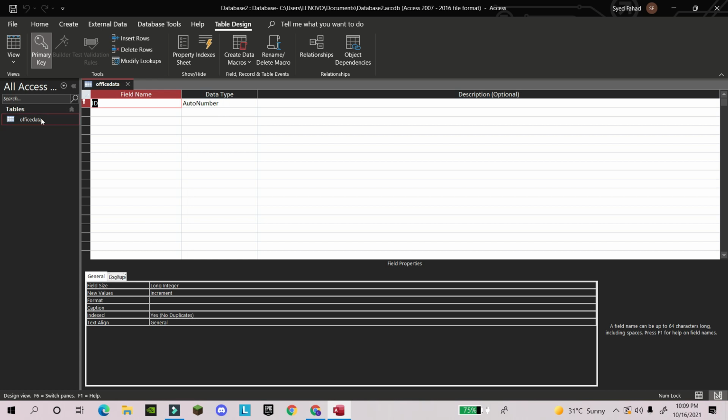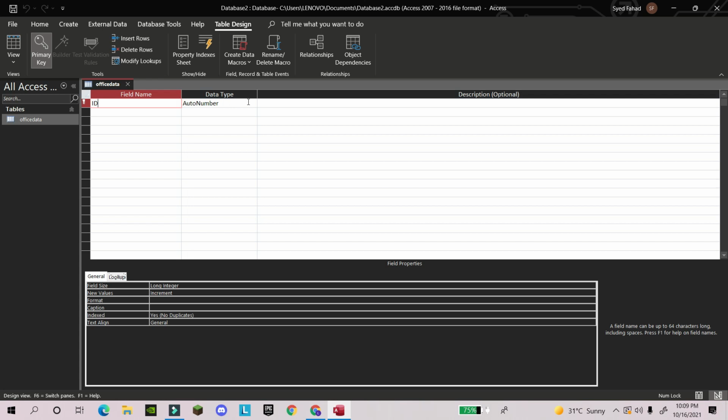And you can see the office data we generated here. Now in the ID,